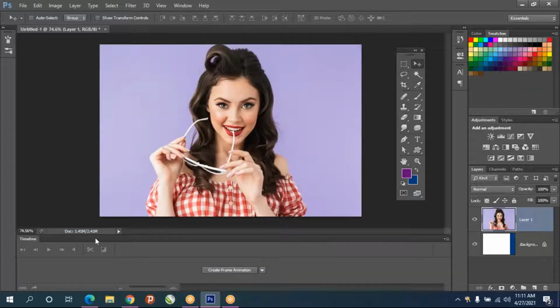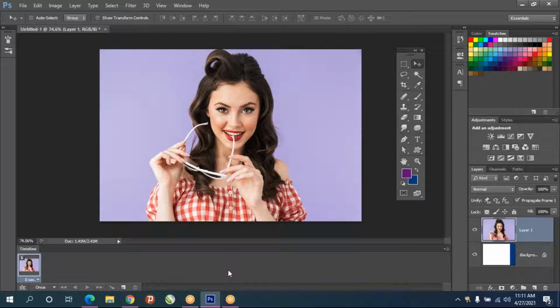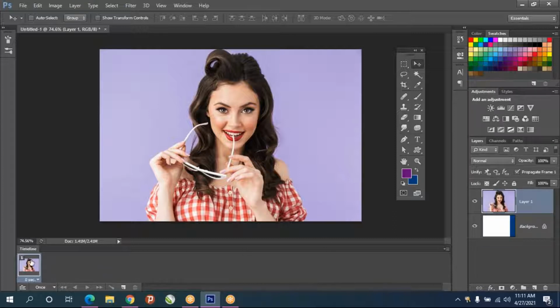In the bottom, one timeline window is enabled, and in that you choose not video timeline, but create frame animation. Click on create frame animation. That's it. So this much you have to do, and after that, this is the layer panel and this is the timeline panel. In the timeline only we are going to edit the GIF animation.